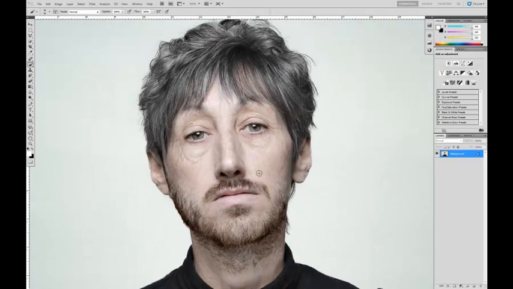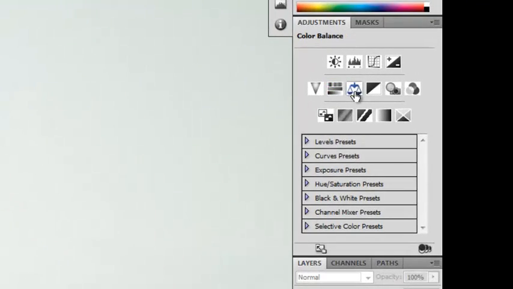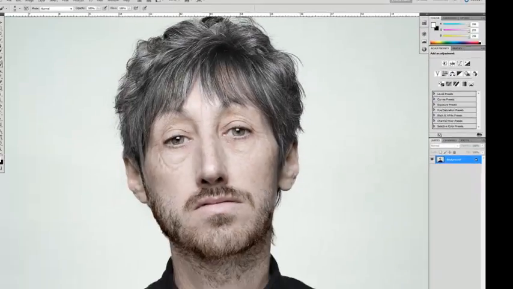So what we'll do is I'll run you through a technique to do it, and I'll probably overdo things just so you can get a good idea of what's happening, and then show you how to tone things down again a bit at the end. Alright, so if we jump up here, we can add a new color balance layer. Alternatively, you can come down here